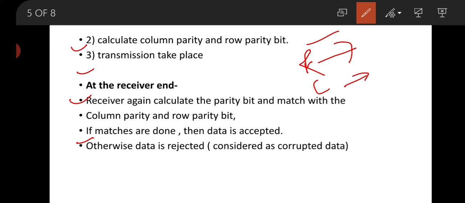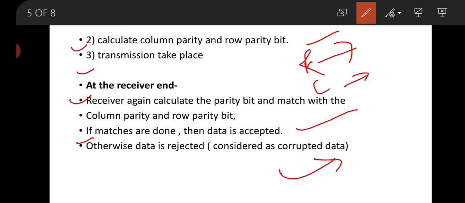If matches are done, then data is accepted. Otherwise, data is rejected, considered as corrupted data. If the receiver does not succeed in matching the parity bits, then it will treat it as an error in the data. That means data is rejected, not accepted.